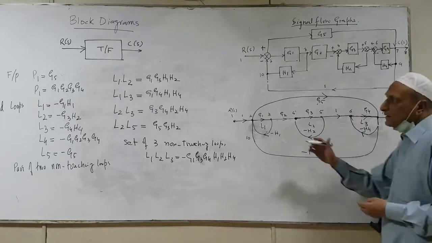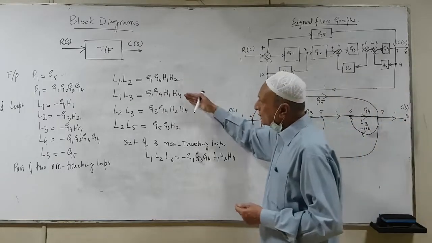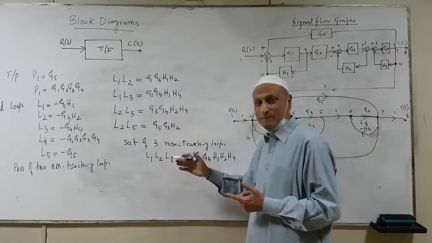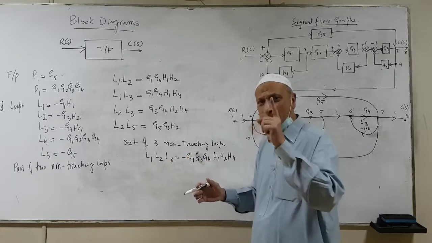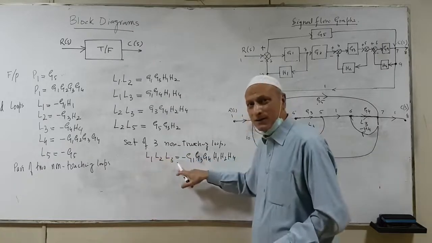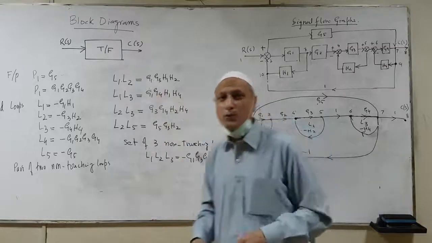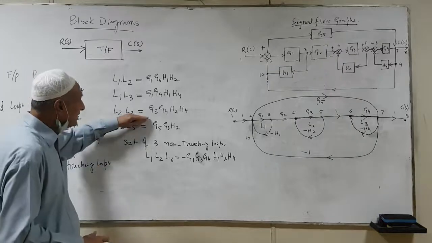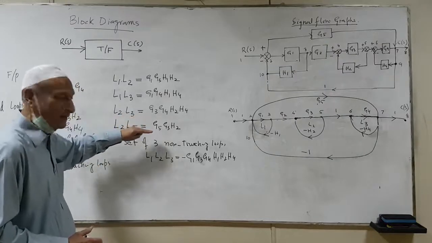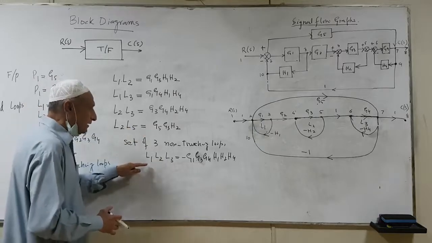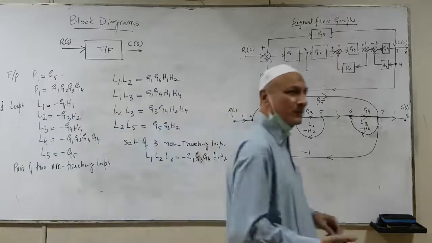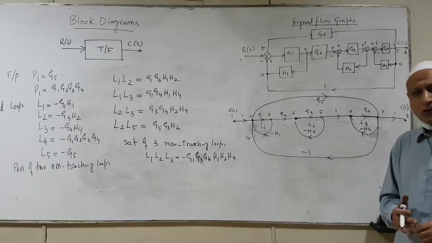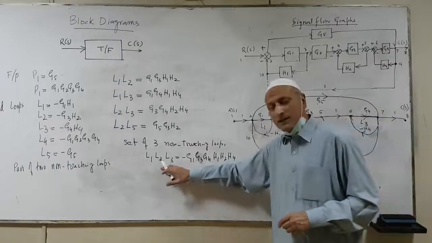Now remember, if the set of 2 non-touching loops exceeds 3, there is always a possibility of one such set. And if it is less than that, then there is no possibility. So anyhow, 3 or greater. Now in this case it is, so there is 1. Now there is nothing further which says there are 4 non-touching loops. So we stop over here. Why? Because we have not fulfilled the criteria.